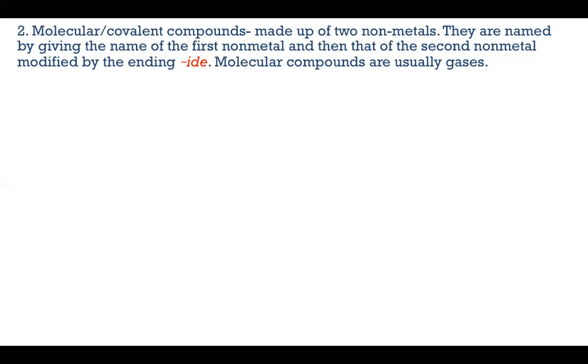Pag dalawang nonmetals, automatic covalent compounds yan. Pag nag-combine o pag nag-form ng compound ang dalawang nonmetals. Pag nag-form naman ng compound ang metal plus nonmetal, automatic ionic. Pag dalawang metals ang nag-form ng compound, they are called metallic